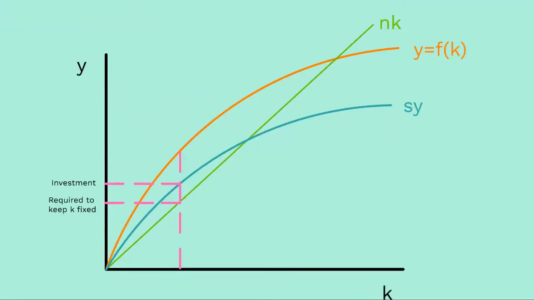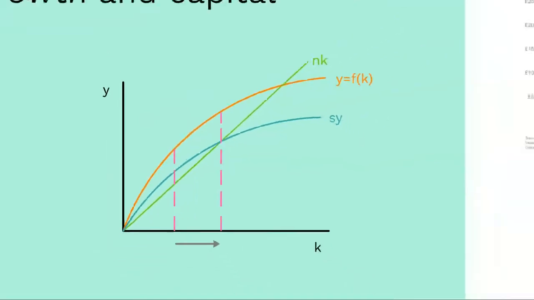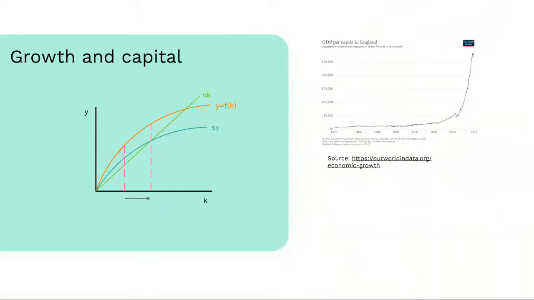As we can see, the realized amount of investment is higher than the amount that would leave the capital stock unchanged. So, the capital stock per person will begin to rise from this point on. It will keep rising until SY equals nK. At this point, the increase in the capital stock is equal to the population growth rate, and output per person stays unchanged. As a result, accumulation of capital did drive growth for a time, but eventually this stops and economic